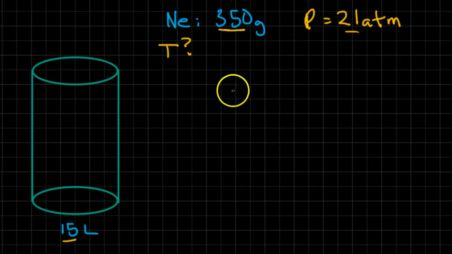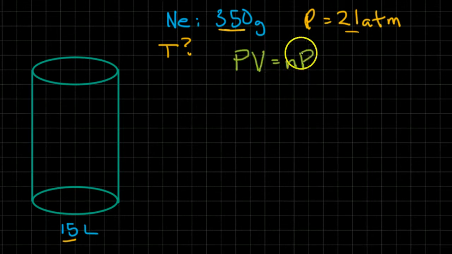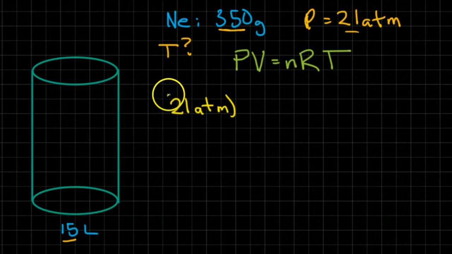We can use the ideal gas law to figure this out, right? The ideal gas law says, what does it say? It says PV equals NRT. Got it? Okay, good. Let's go with that. So all I need to do now is just plug things in. I know that 21 atmospheres times,